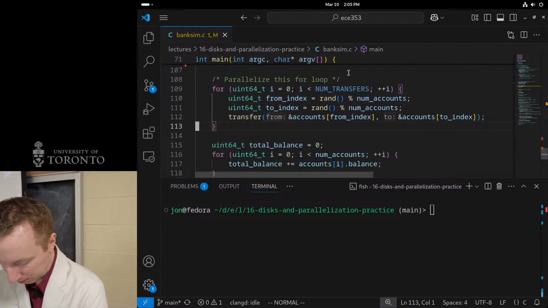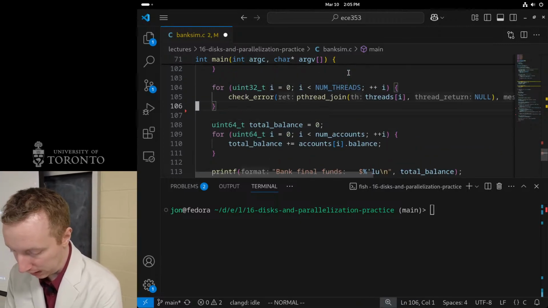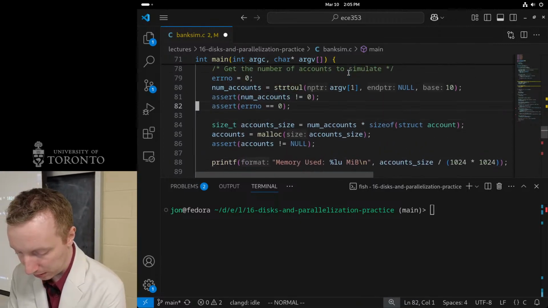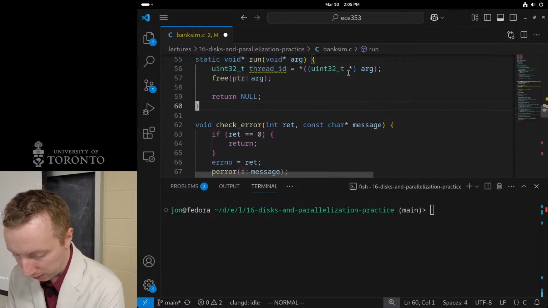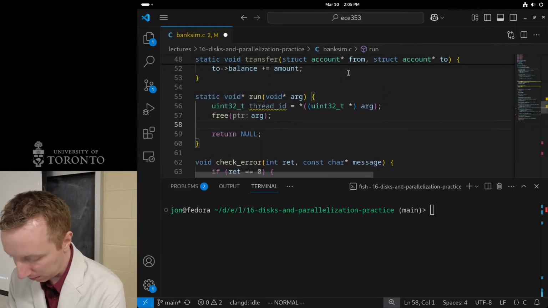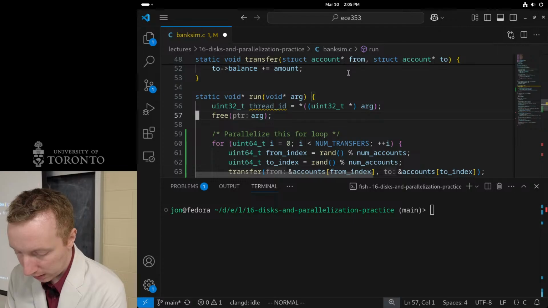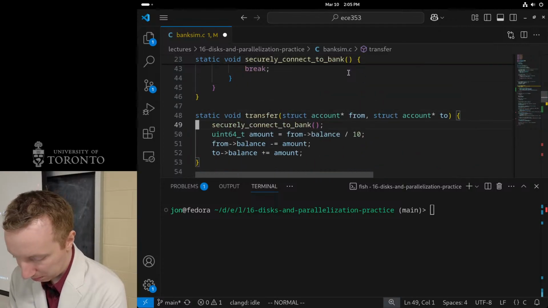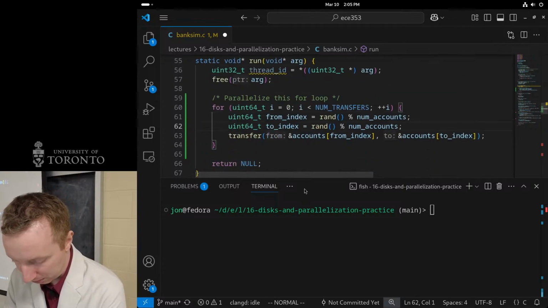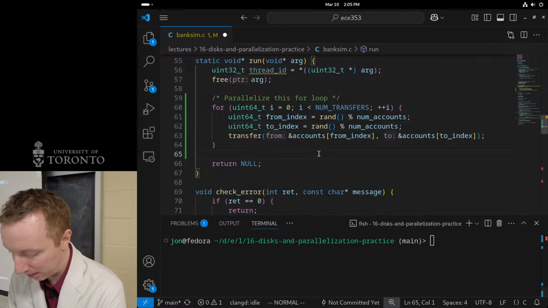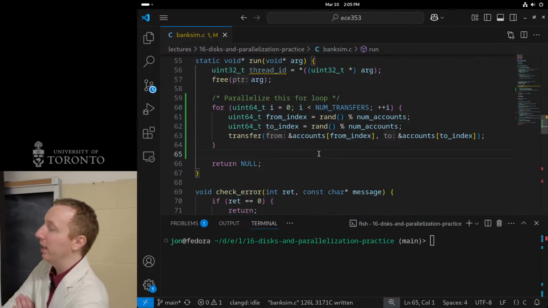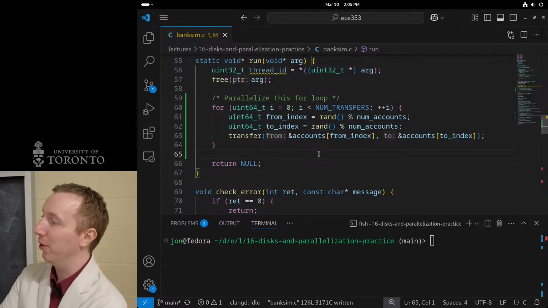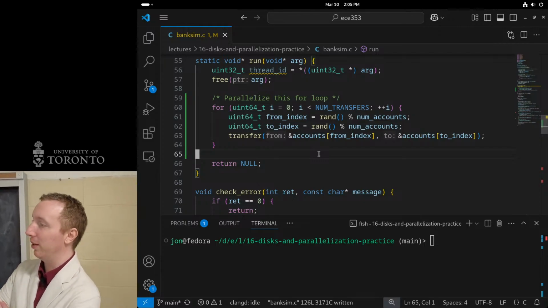So what we are going to do is, I'm going to need help. So we are going to parallelize this loop. So let's start. So this is my run function. Should I just copy and paste this into my run function? Well, is this it? I've now sped up my program by 8 times? No. What is my first thing I need to do to make this fast?